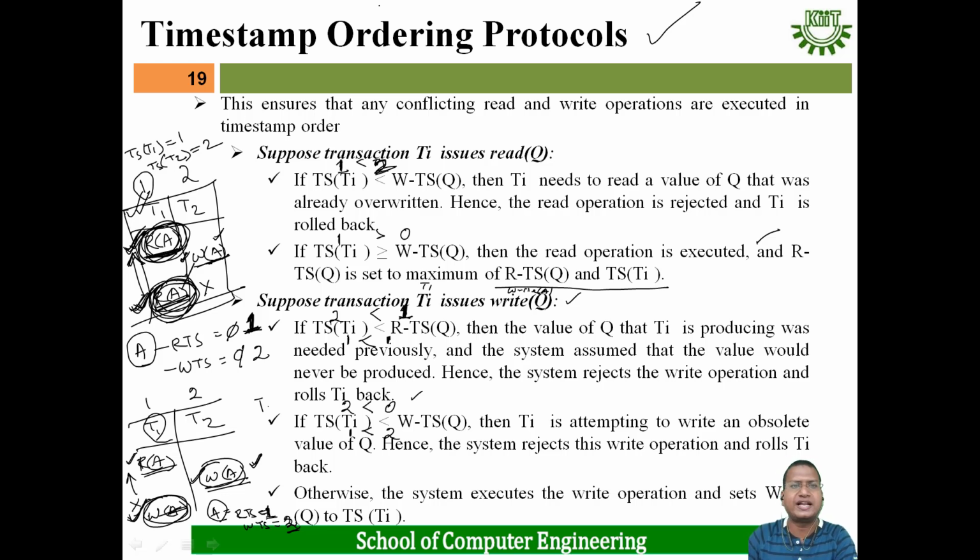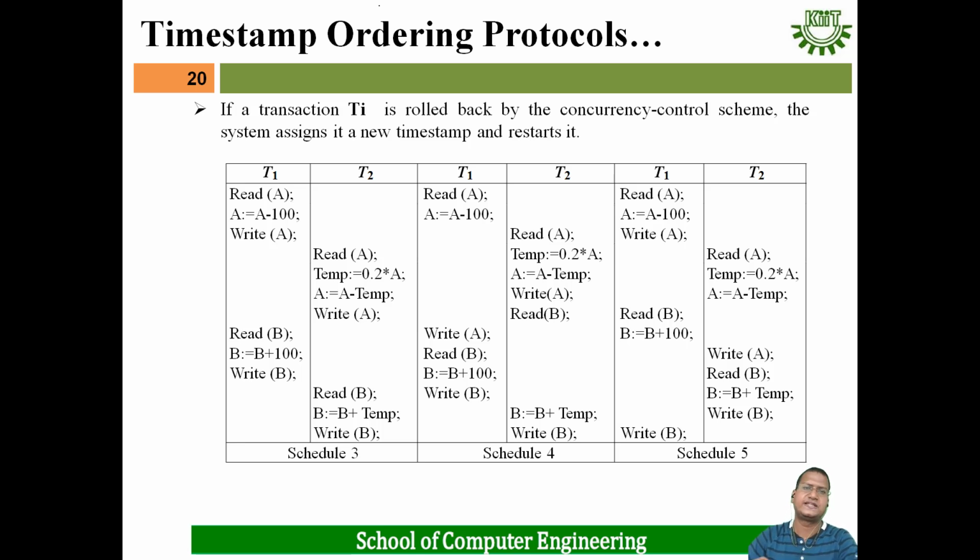But the main thing, the summary of the timestamp ordering protocol, is that whenever two transactions T1 and T2 are in timestamp ordering, all the instructions should be executed in that order. That means when the timestamp ordering is T1 to T2, the whole schedule should be equivalent to the serial schedule T1 to T2. Understood? And that has been implemented using this algorithm, these 5 points. Using these 5 conditions we can implement the timestamp ordering protocol.